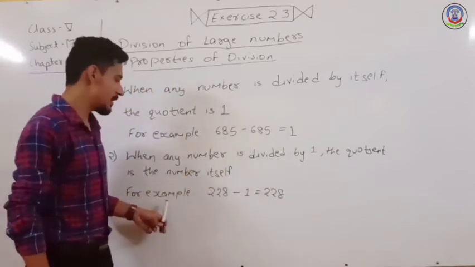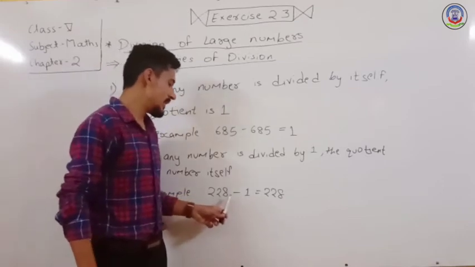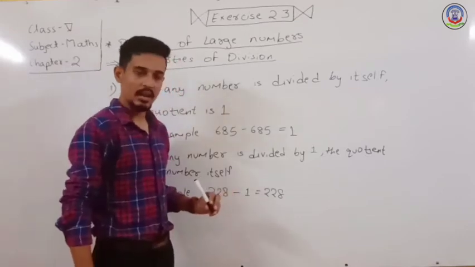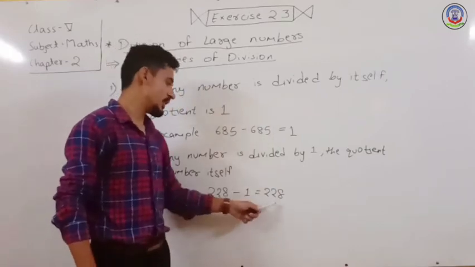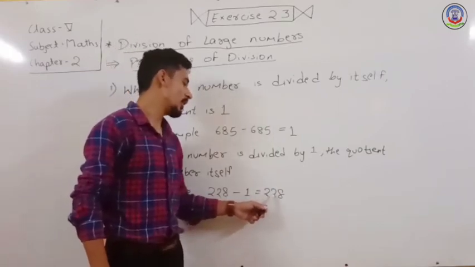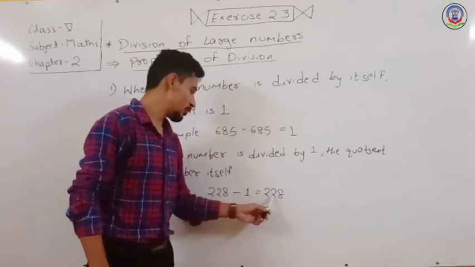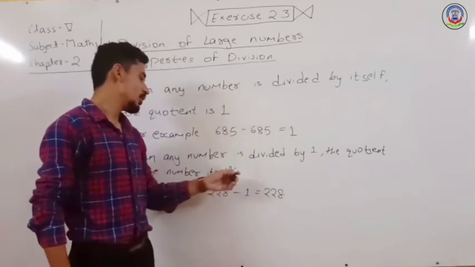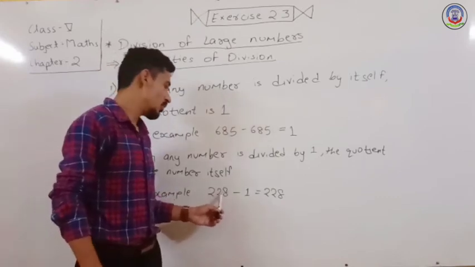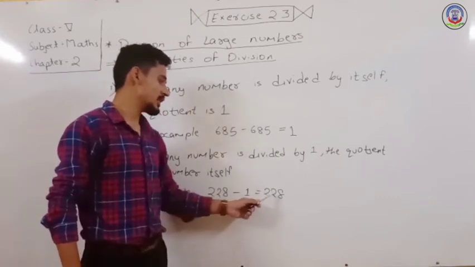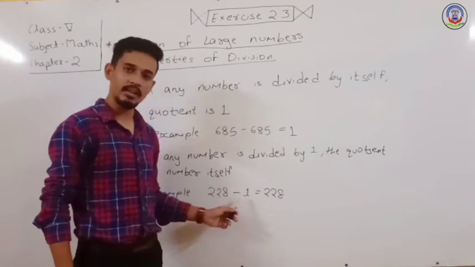फॉर एग्जाम्पल, 228 डिवाइडेड बाय 1. हम लोग ने 228 को 1 से डिवाइड किया तो हमें क्वेश्चन मतलब आंसर क्या मिला? 228. तो 228 हम लोग का क्वेश्चन भी है, 228 हम लोग का क्या है? डिविडेंड भी है. तो ये दोनों हमेशा सेम होते हैं जब हम लोग 1 से उसको डिवाइड करते हैं. ओके?